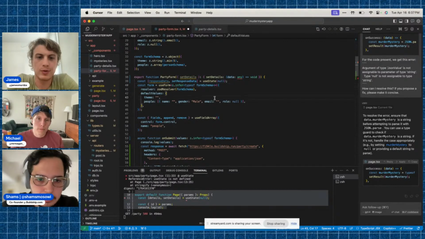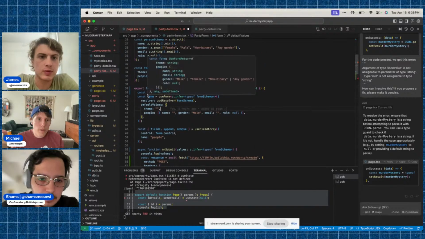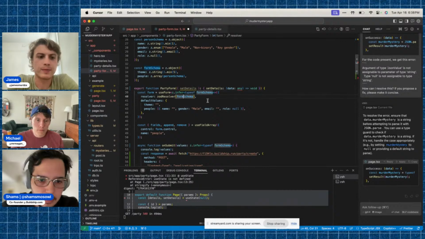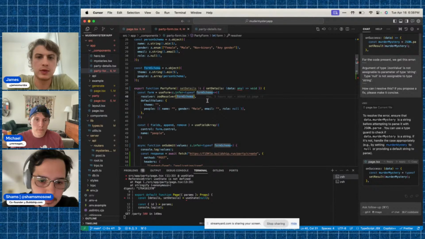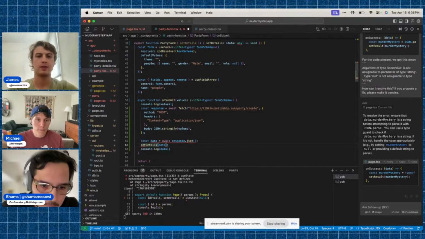And then we get rid of that useState hook, because we're not using that one anymore. On 39. Okay. Oh, yeah. And then in the onSubmit, we want to use setDetails. On 63, we just fix 63. There you go.